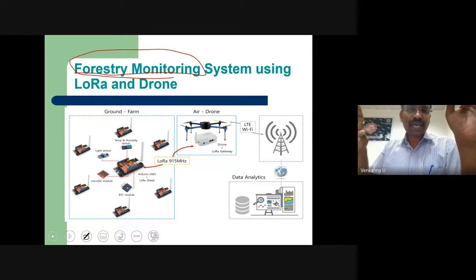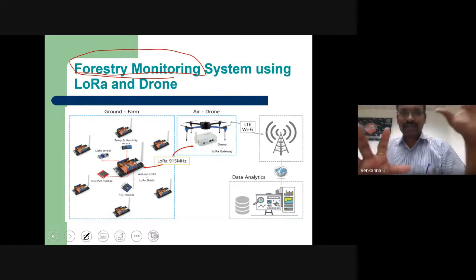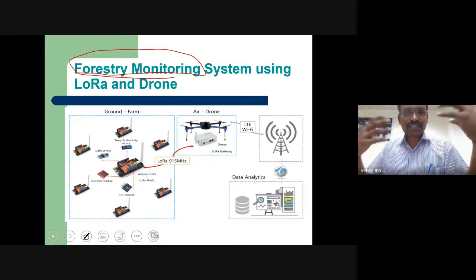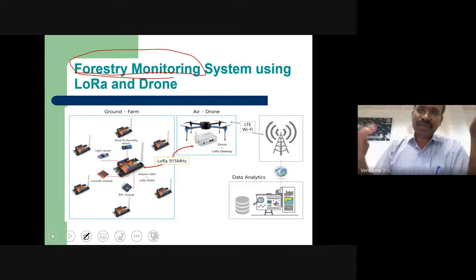Please remember, as my understanding, the prototypes available are all laboratory scale and miss practical possibilities. They developed this with the vision of forestry monitoring. Why did they take forestry? Because forests are scattered, maybe over a 100 kilometer or 500 kilometer radius. If I try to use Bluetooth, I need many devices.